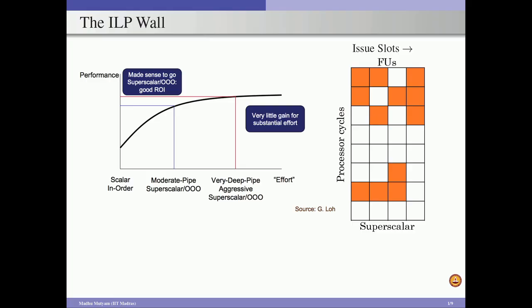even then, if you look at this diagram, there are several empty boxes, and each of these empty boxes indicates that the functional unit in that particular cycle is sitting idle. This is mainly because applications may not have enough instruction level parallelism, and also because we may be executing instructions which require a long latency event. For example, if there is a load instruction that misses in the L2 cache or L3 cache. In order to service a load request which misses in the L2 cache, we have to go to the L3 cache, which may take 10 to 20 cycles.